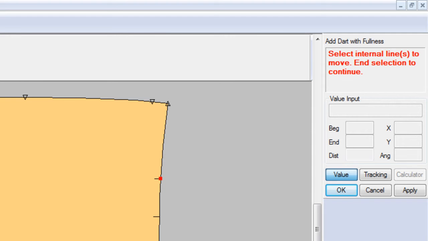Well, we don't have an internal line, so we can go ahead and click OK. It asks us to enter distance for new position, which is basically entering the width of the tuck, which is 5 centimeters. So type in 5, click OK,